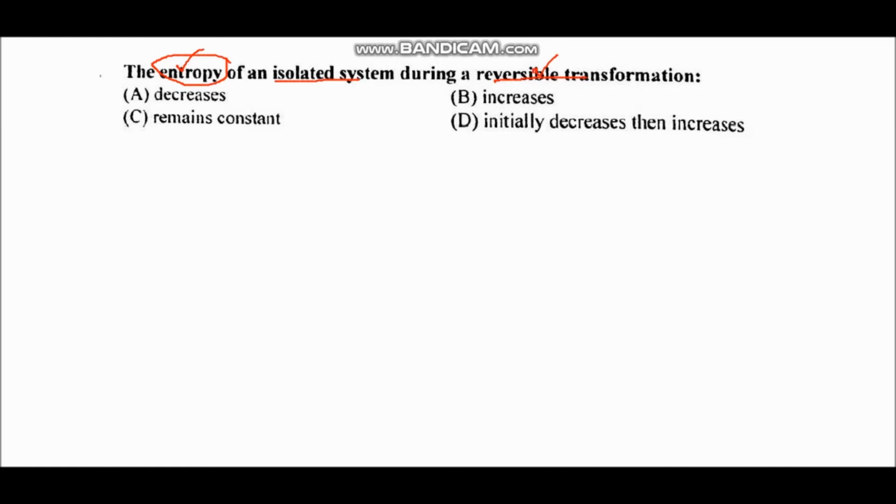So when we have a reversible transformation, it is quasi-static in nature, means it is applied at an infinitesimally slow rate, so that when the process is reversed, it leaves no change in the system. So if there is no change in the system, the degree of disorder is 0. So that means there is no change in entropy. It means the entropy remains constant during the reversible transformation. While during the irreversible transformation, the entropy of the system increases and delta S is greater than 0 for the irreversible process.